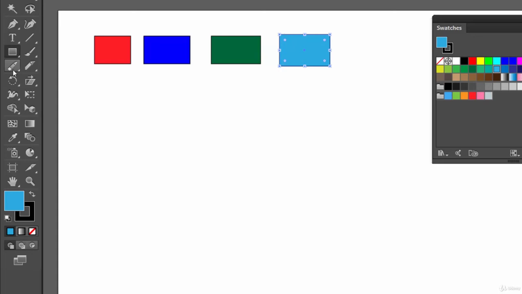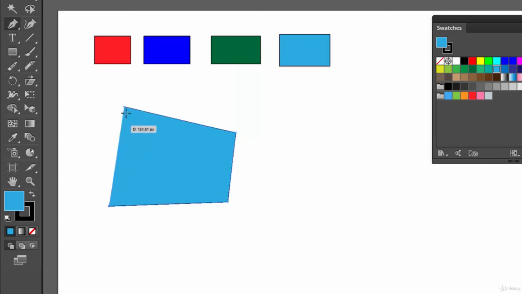And you have started drawing your project. Say just like this, you have drawn a shape, another shape just like this, and another shape just like this.